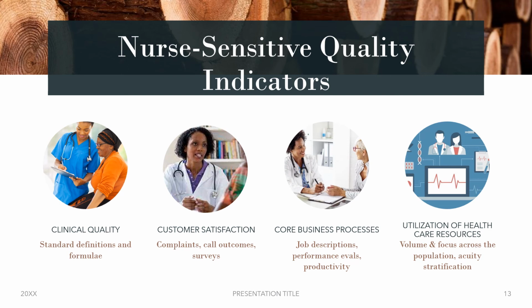And then core business processes. How well do we adhere to doing what we say that we're going to be doing? So these are a lot of our process indicators. Do we have job descriptions for every position, and how well did the job descriptions actually reflect what that job does or what that person in that job does? Are we doing performance reviews and performance evaluations and open communication about performance with employees? And how are we doing with productivity? How effective are our staff at doing what we've tasked them to do or asked them to do,